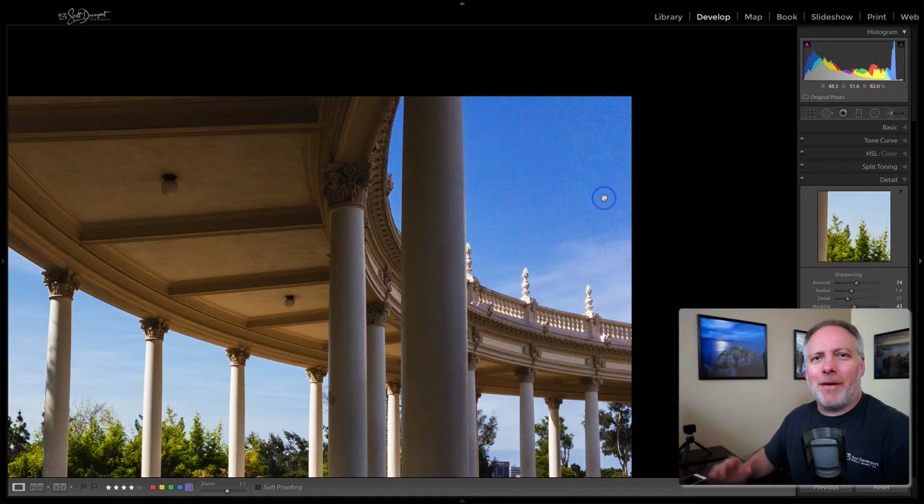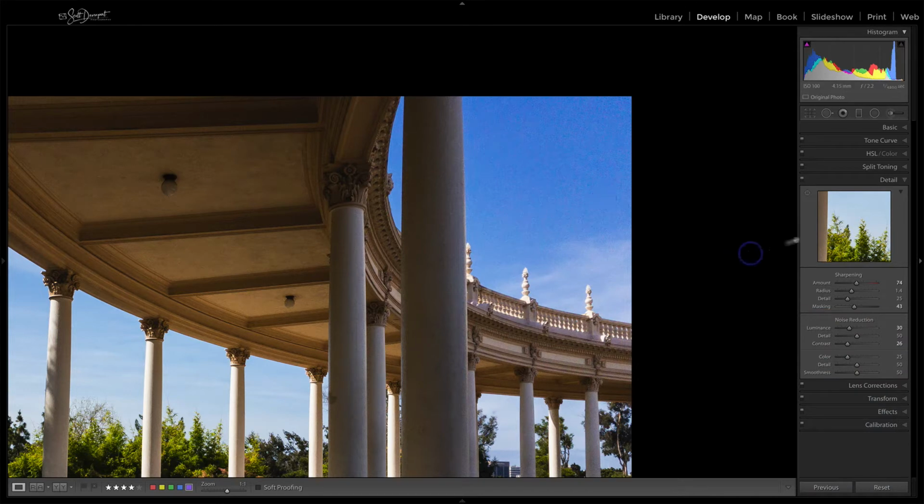The phone goes in and out of my pocket all the time. I'm picking up lint and dust and whatever else. But what can we do about this? What can we do about the noise? Well, certainly in the detail panel in Lightroom, I have played with noise reduction. I've increased the detail just to keep some of the details inside the pillars there. But if I pull this back down for a second,